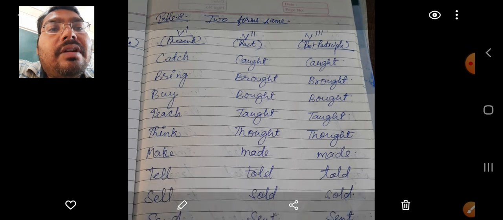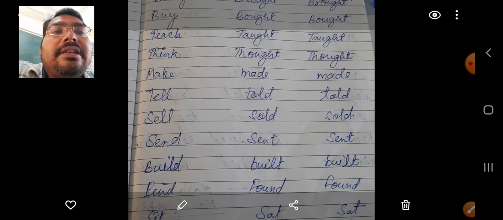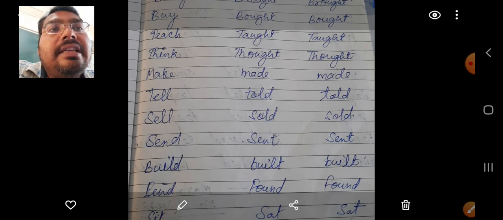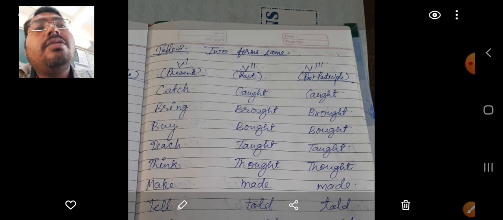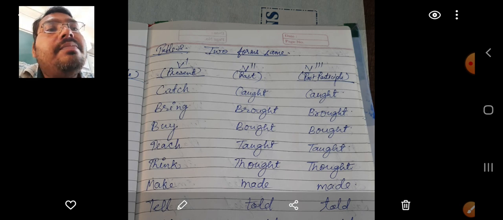I left one line in the middle that you can fill. But the verb should be authentic. You must look into a book or on the net. Don't just write any verb yourself. All three forms must be there, either in some grammar book, or you can search from the net. You can increase their number. In table number 2 you can also find those verbs that have two forms the same, verb second and verb third form.